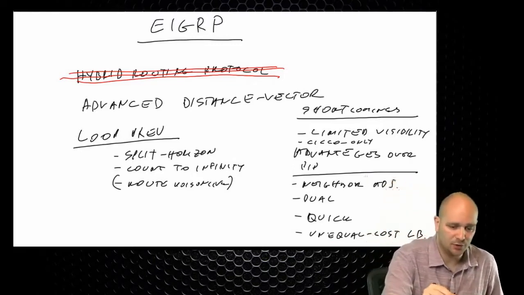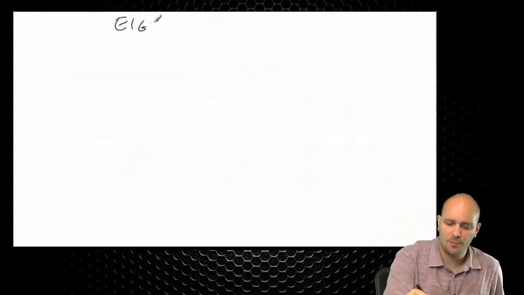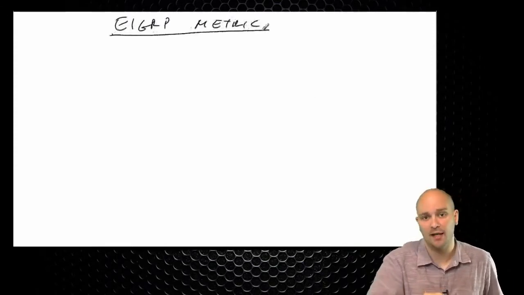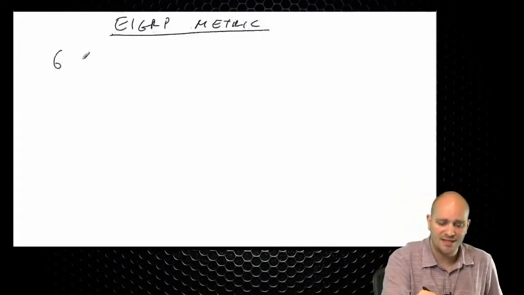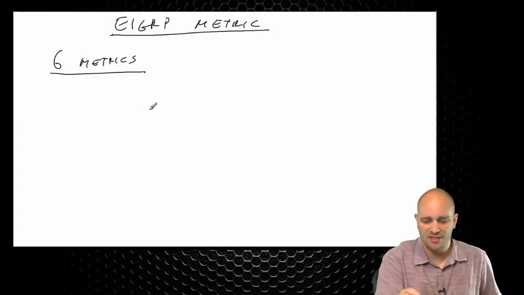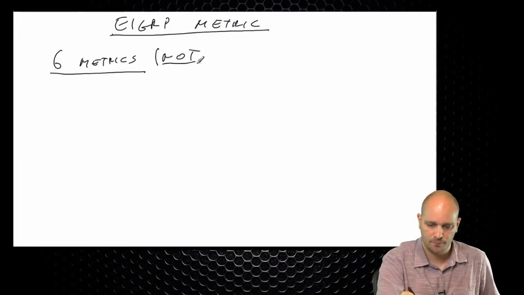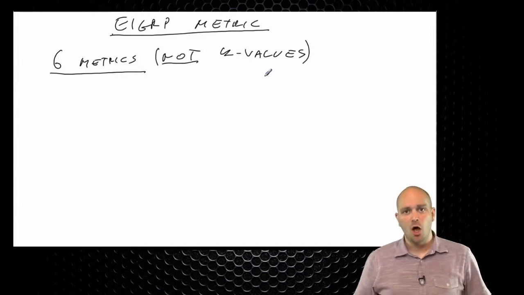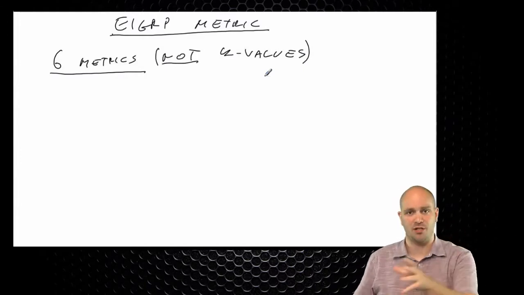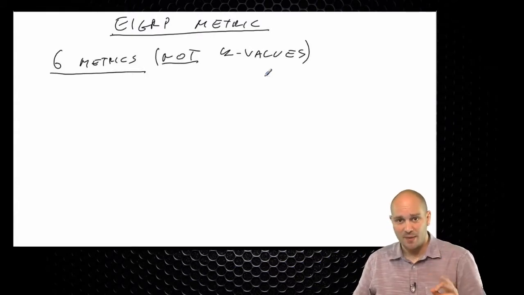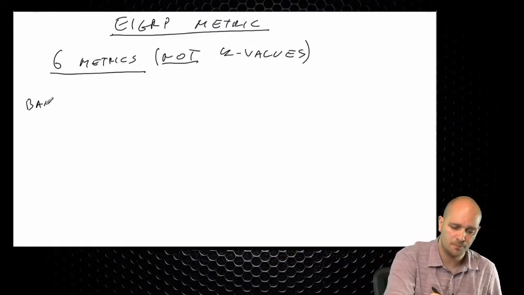Now, one of the things about EIGRP that makes it so great is the EIGRP metric. The EIGRP metric is actually a rather interesting and complex topic, because there are actually 6 metrics that EIGRP uses. Now, I would like to say that these are not K values, because I have heard many times from students that EIGRP metrics are actually K values. K values are something completely different. They are not metrics. The 6 metrics of EIGRP are bandwidth,